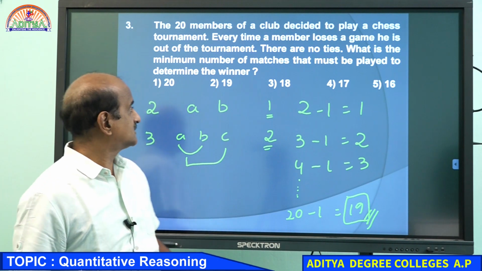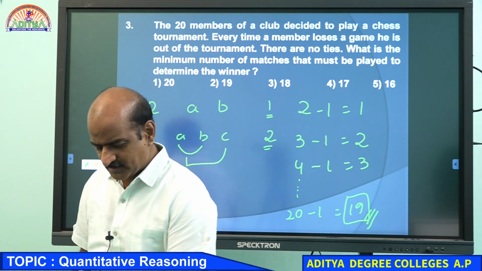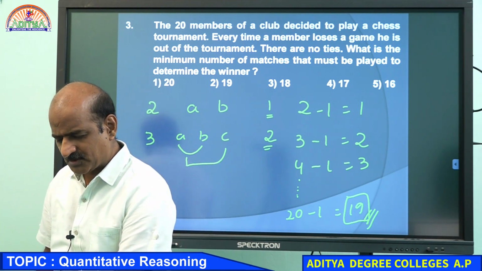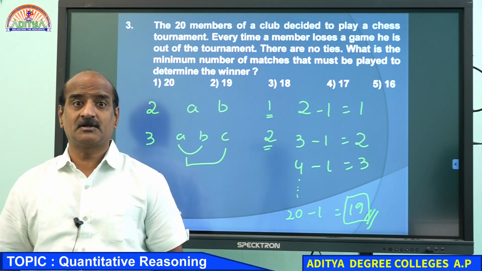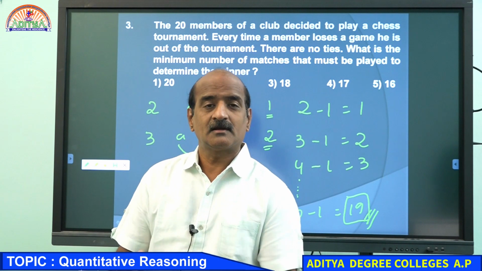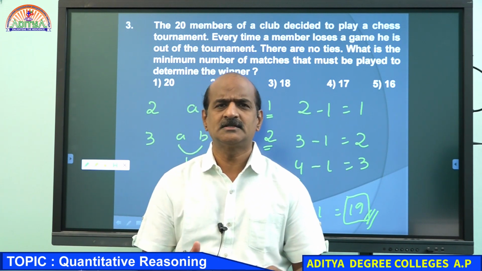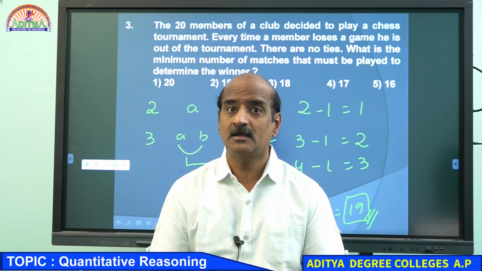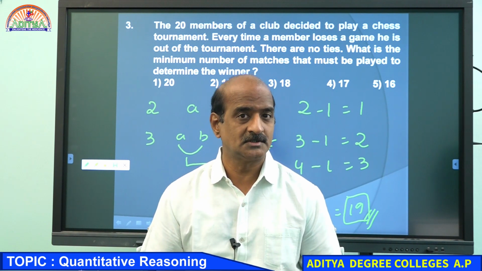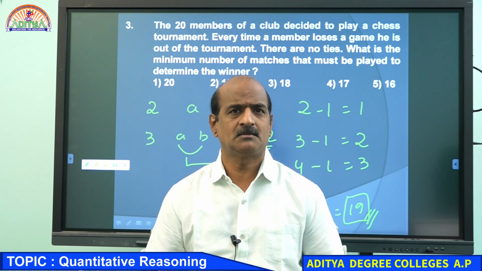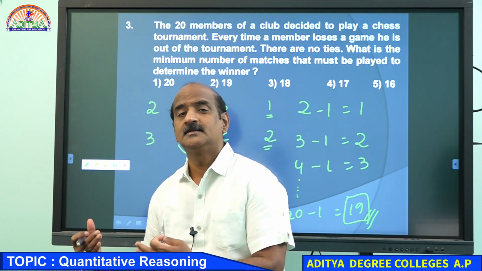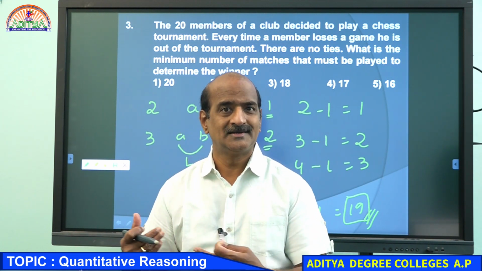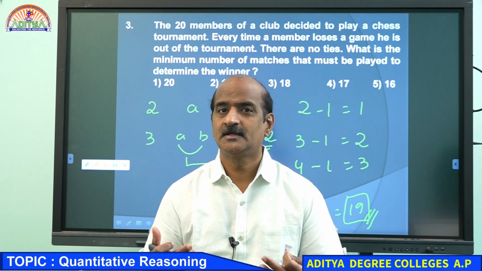Therefore, your answer must be 19. Actually, it is not really complicated to answer this question. But the problem is, when there is a big number, 20 is a big number. When there are 20 members in a team, obviously that is a little bigger number. So you need not straight away take the 20 numbers. We can take some examples like 2 numbers and 3 numbers, and slowly we can build up our logic. This is called quantitative reasoning by using your common sense.